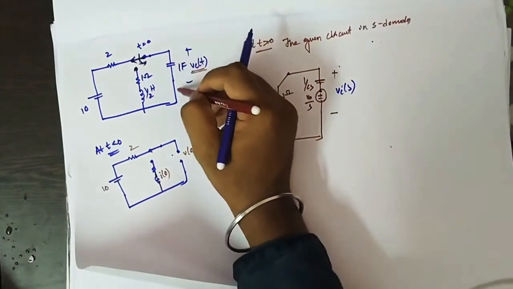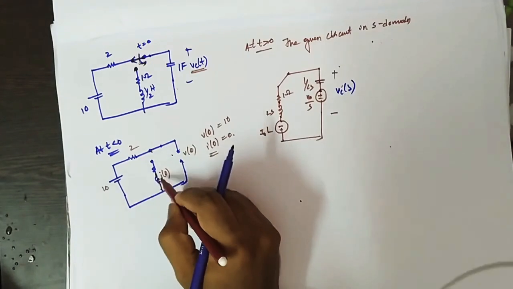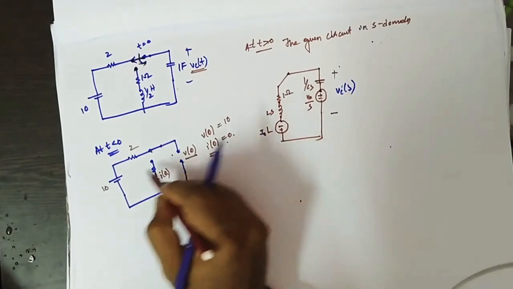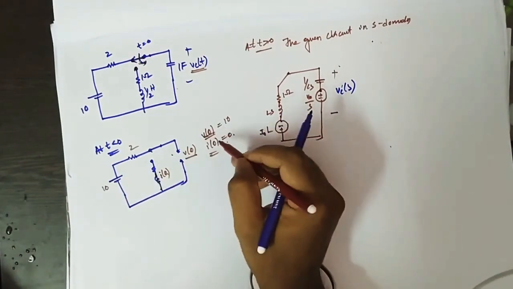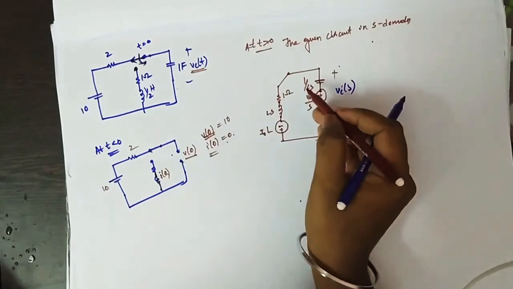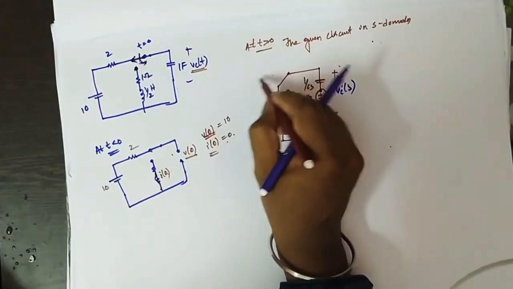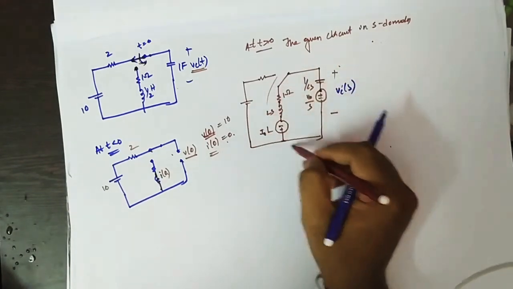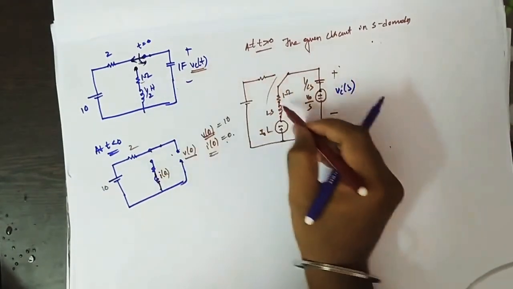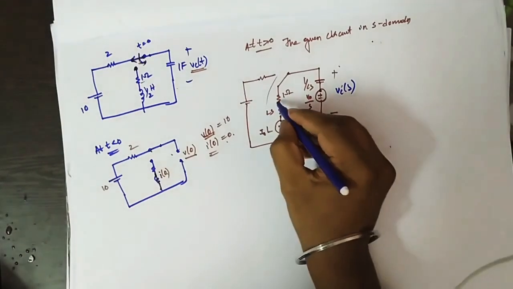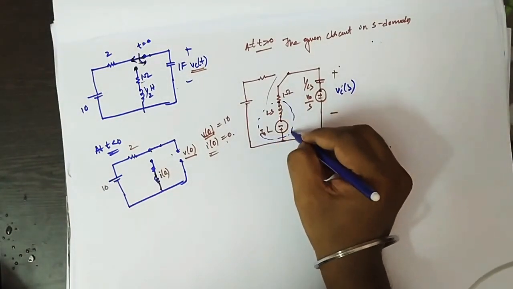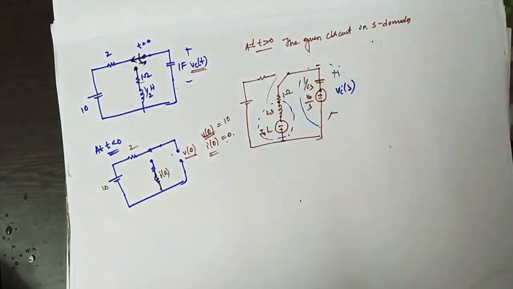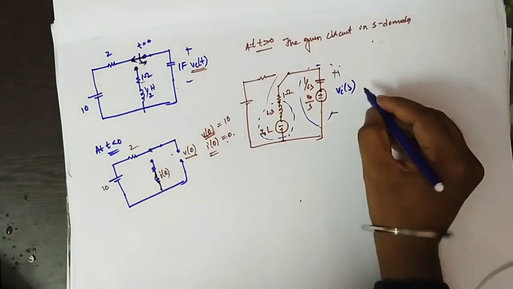So this capacitor is in steady state. The inductor is shorted. So I of 0 equal to what? 0, since no source is acting in this. So V of 0 equal to what? The entire voltage is 10. After this, we take the Laplace transform, once the switch is operated. So I take this circuit acting here. This is the equivalent representation of the inductor, and this is the equivalent representation of the capacitor.